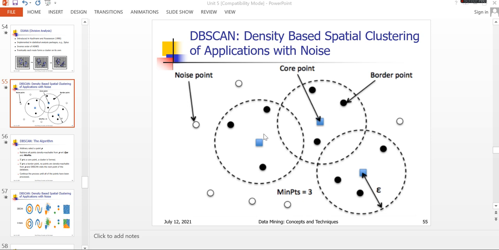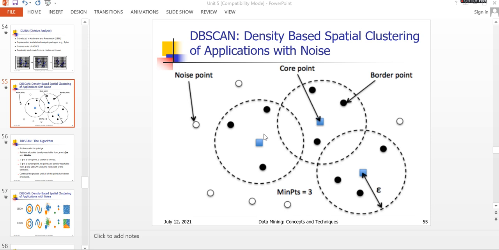Take the core point, the blue square. You can say it is a core point when, from that particular square point, you take epsilon as the radius and draw a circle with that epsilon radius. With the core point as the centroid, you draw a circle of radius epsilon.